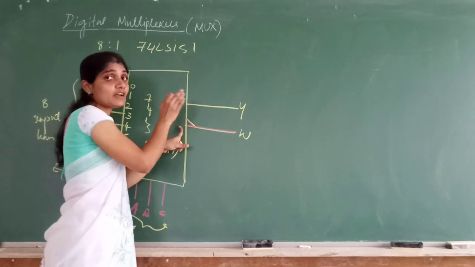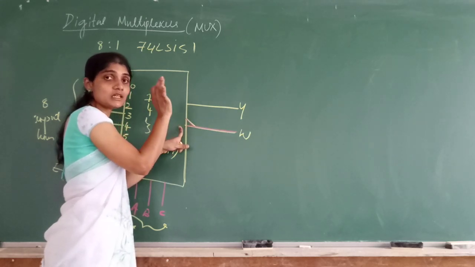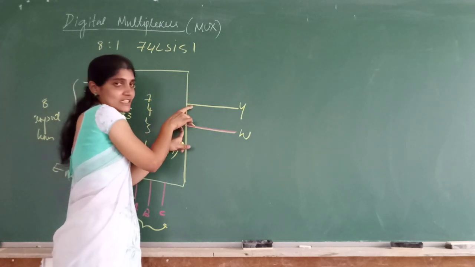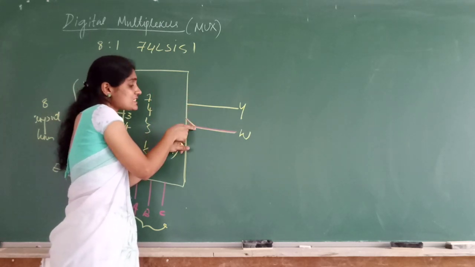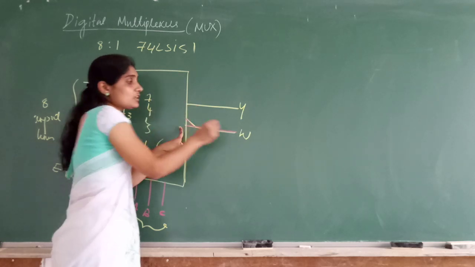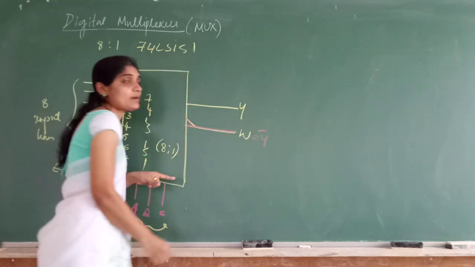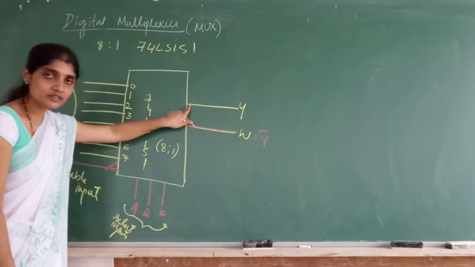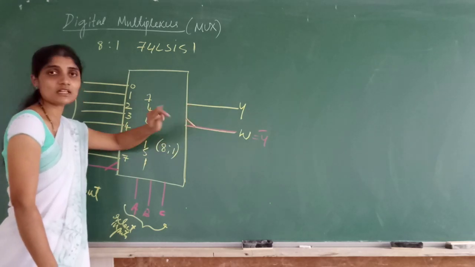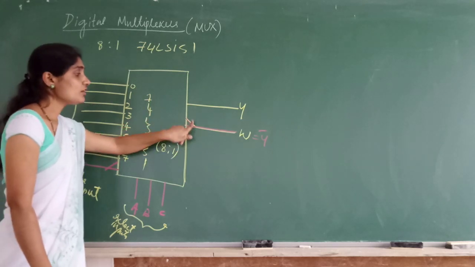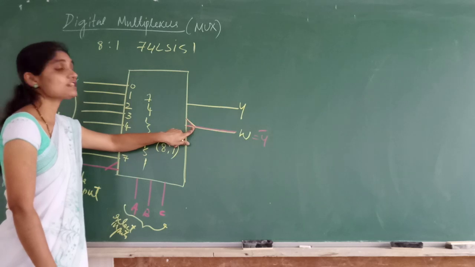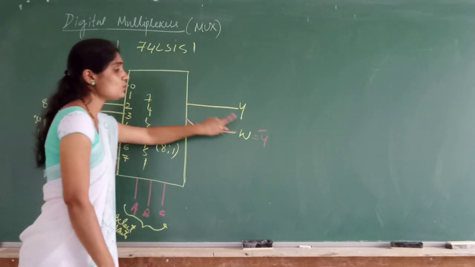It doesn't mean that we have 2 output lines for a multiplexer. A multiplexer will always have 1. It selects 1 out of n input lines. But this is active high and this is active low, that's all. This is going to be the complement of this. This W will be equal to just Y bar, the complement of Y. If you are getting 0 here, you get 1 there. If you have 1 here, you get 0. That is the only difference. So we will have one more output line facility for a 74LS151, which is active low. So W will be equal to Y bar.